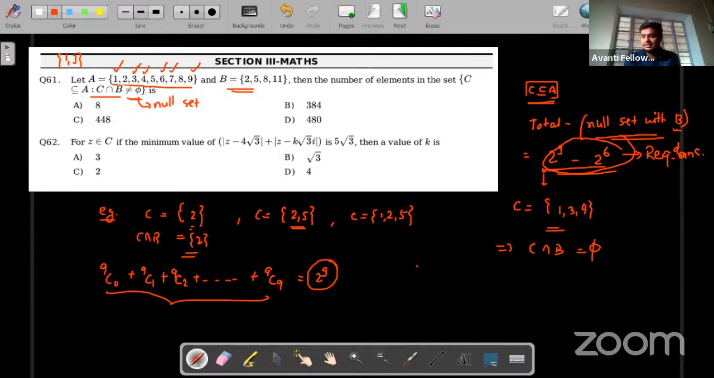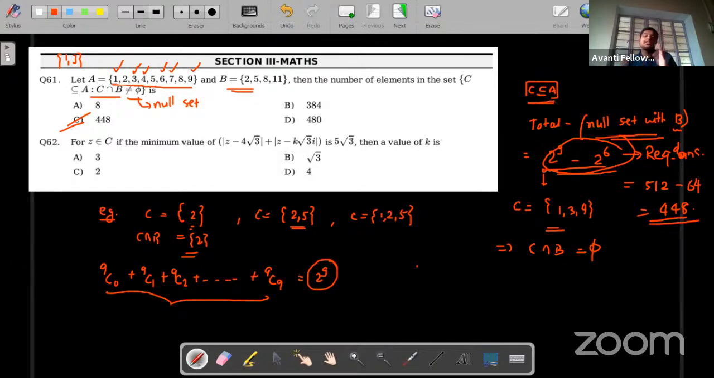Did you understand? So what will be the answer? 2 to the power 9 is 512 minus 2 to the power 6, which is 64. If you solve, you will get 448. So 448 is option number C. Clear? What we have done